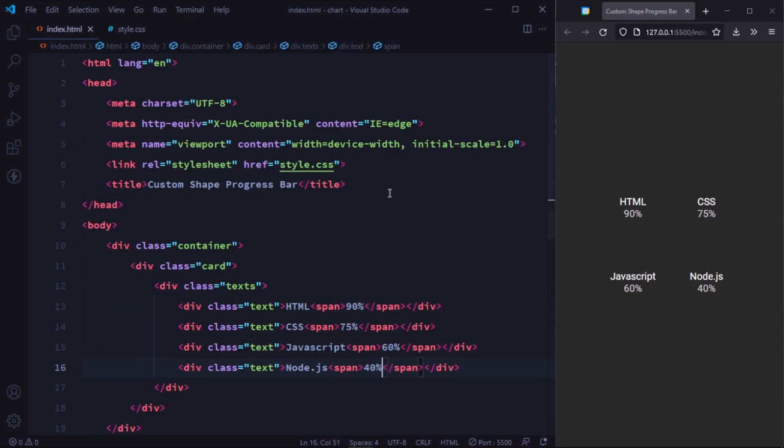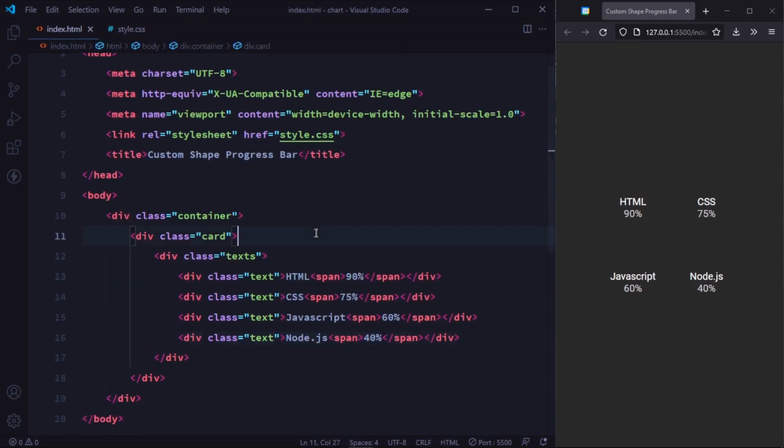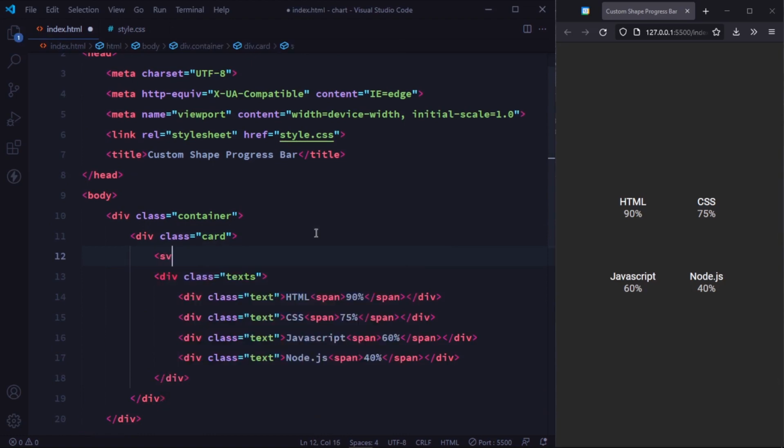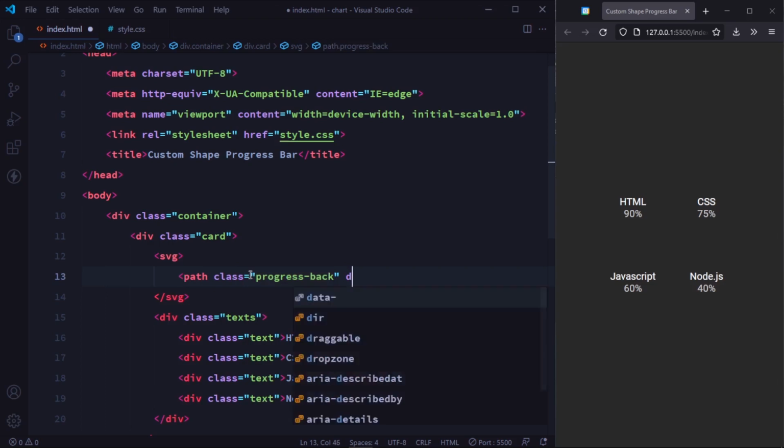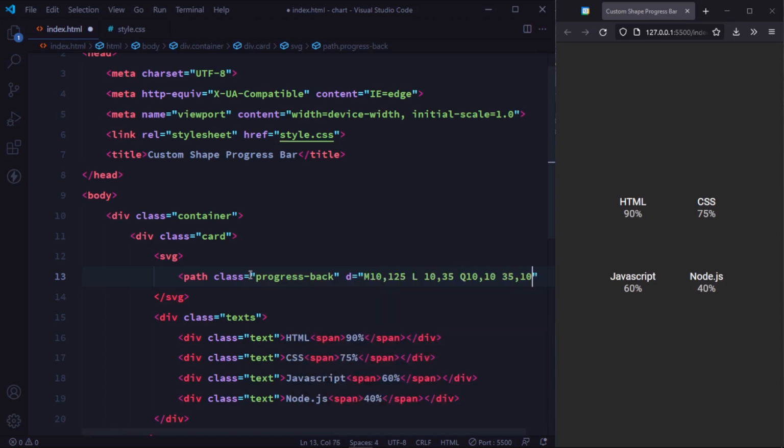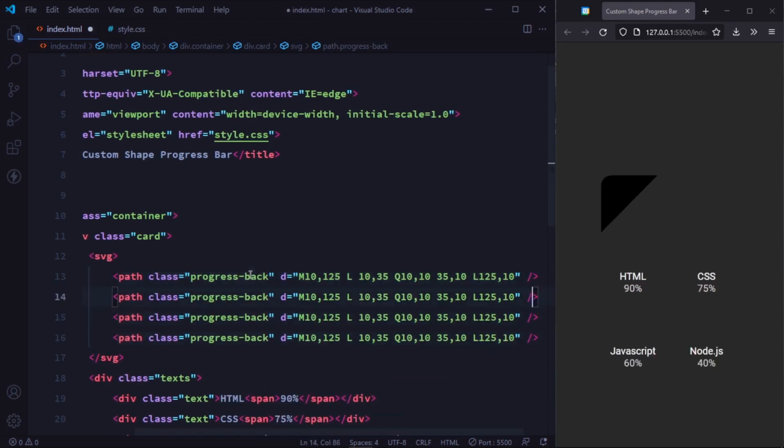Well, let's go to the main point. You must have guessed that I want to use SVG because shapes like those progress bars with CSS are a little difficult. I create a path for each one, and if you are not very familiar with creating path elements in SVG, you can use online tools like SVG Path Editor.